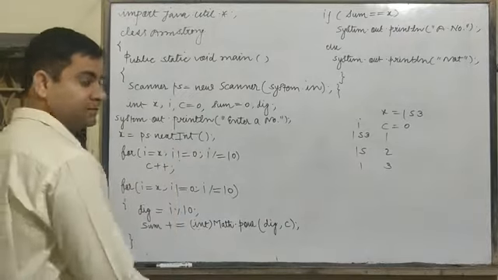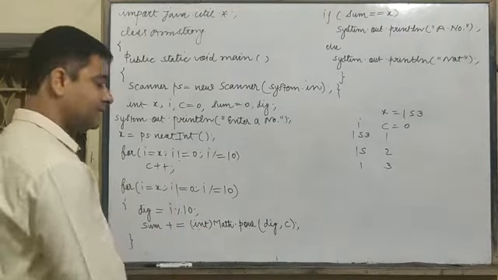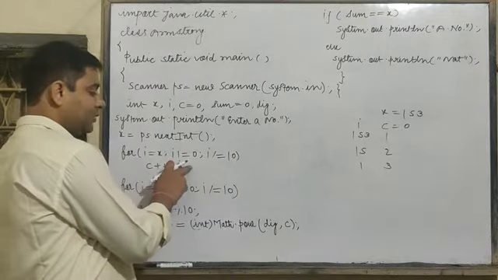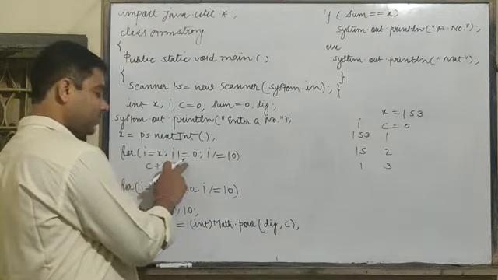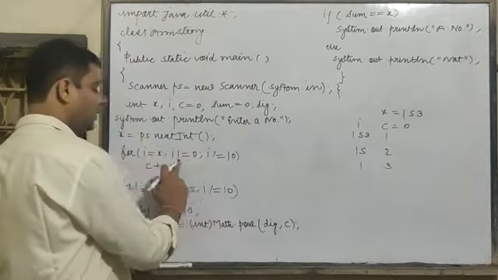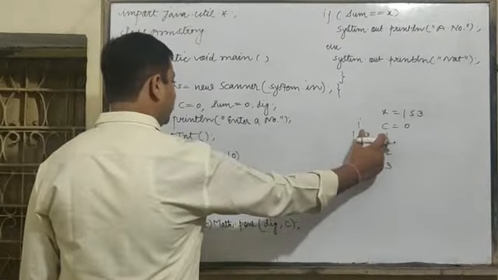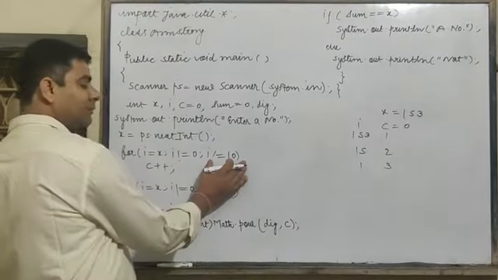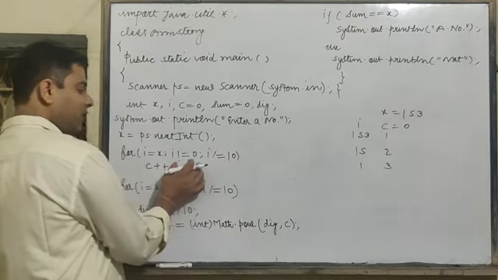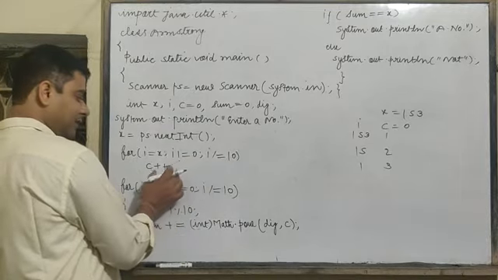Okay? Again, see, I'm going to revise this. I equals X, I not equal to 0. 153 is not equal to 0, no. So I equals 153, it is not equal to 0. C++, the value of C will be increased by 1, it will be 1. Now it will jump on the update part. So 153 upon 10, 15. Not equal to 0, no. The condition is true. It will come inside.